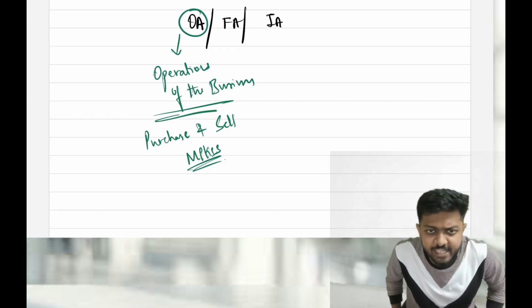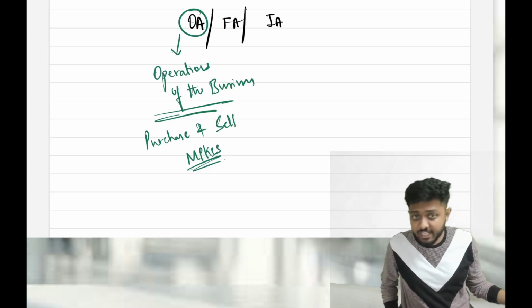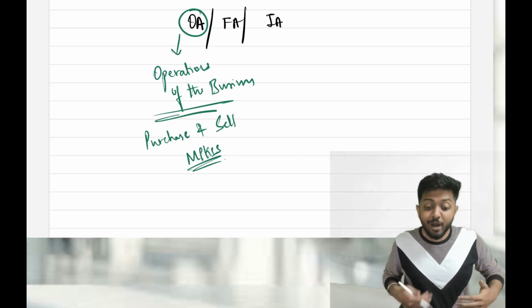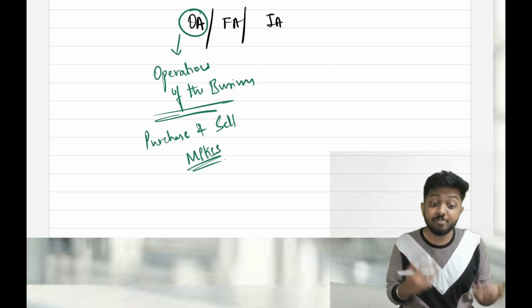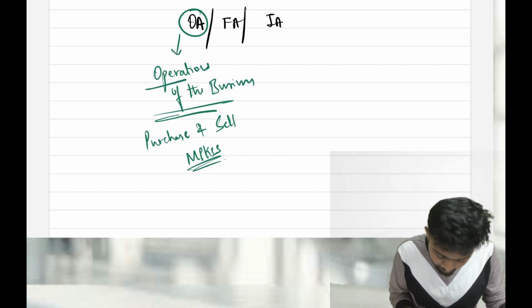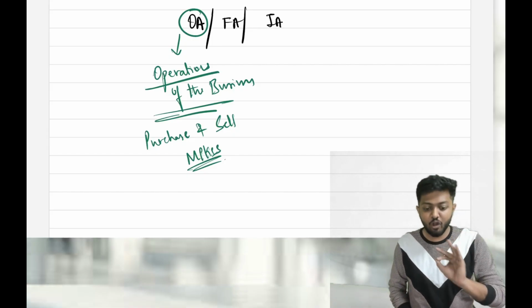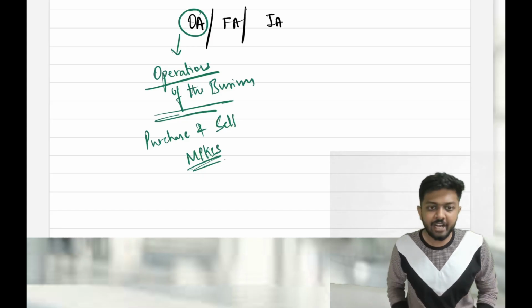My business is purchase and selling of mics, and I am paying rent, I am paying salary, I am paying commissions. Why am I paying all these? As part of normal operations of the business. Because the reason why I am paying all this is that I am a purchaser and seller of mics. So it's all my operations. Whatever cash flow is happening, inflow or outflow, because of the normal operations of the business, that's called operating activity. Correct? No?